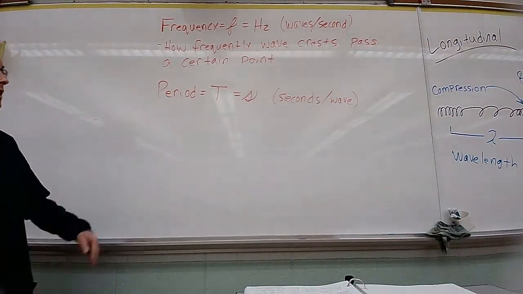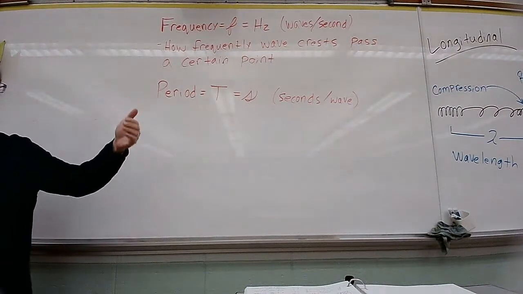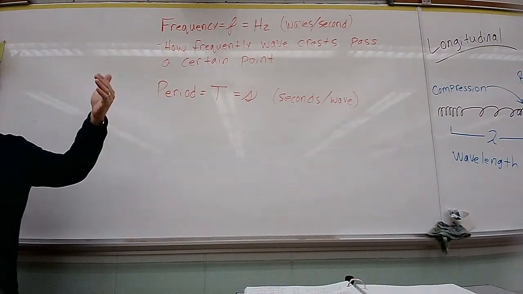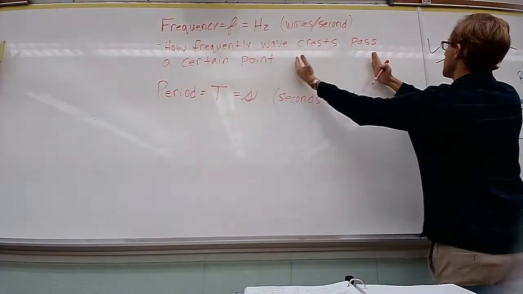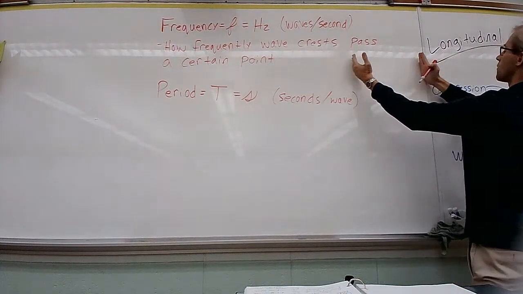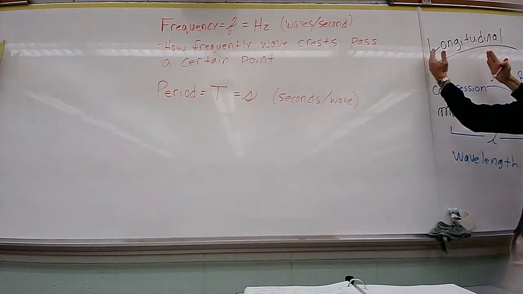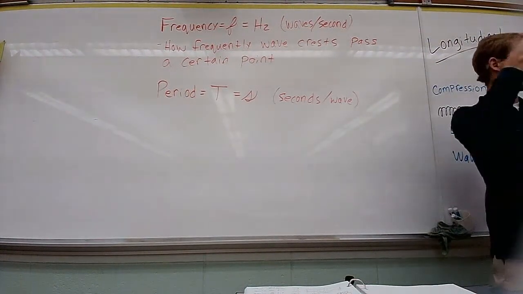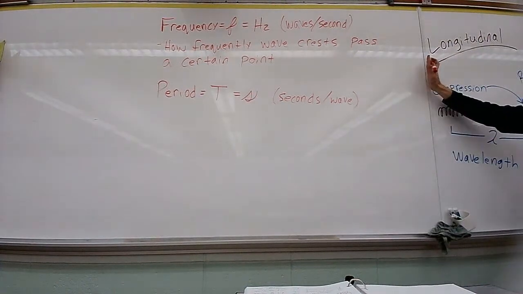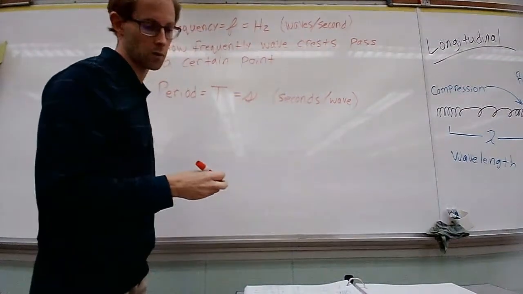In other words, you've got a certain wavelength from crest to crest, and it takes that wavelength a certain amount of time to go by one position. So maybe you've got these 2 crests, they're moving along, and however long it takes for those 2 crests to pass this one point right here in this spot, that's what your period is going to be. It's simply how long it takes for the crest of one wave and the crest of the next wave to pass a certain location. So that would be the period of time it takes for one wavelength to pass.